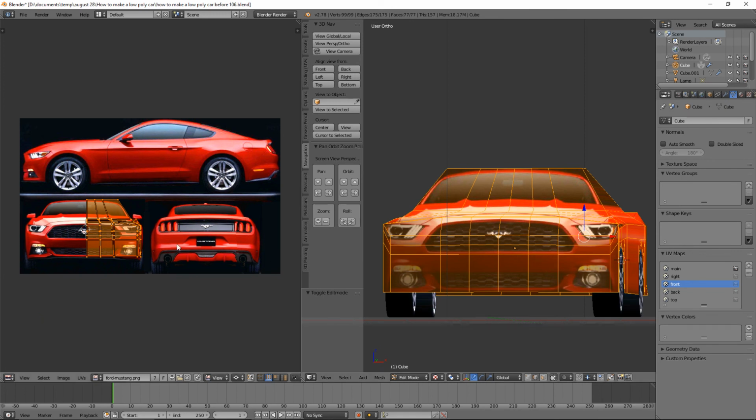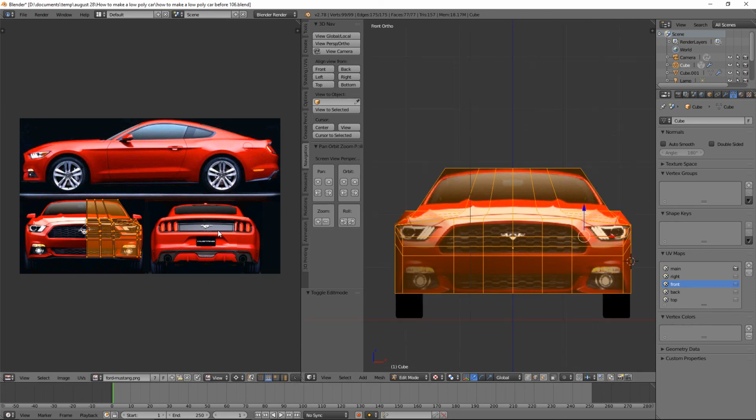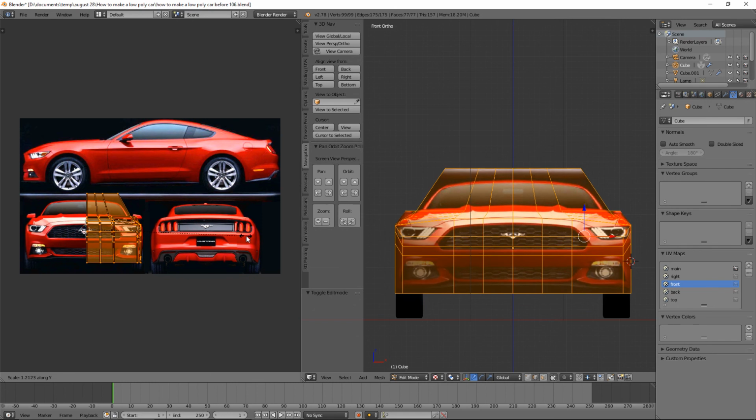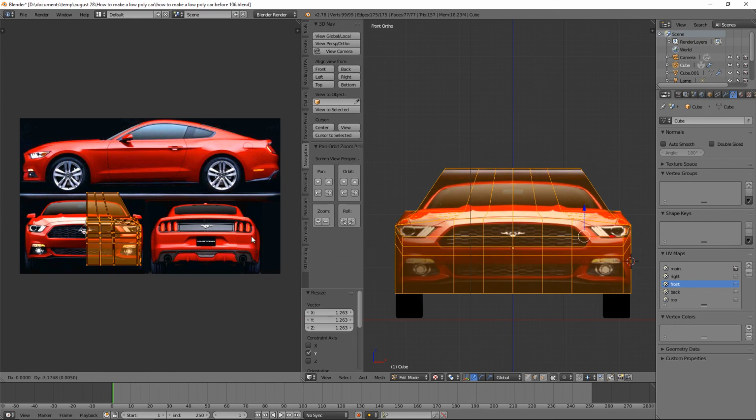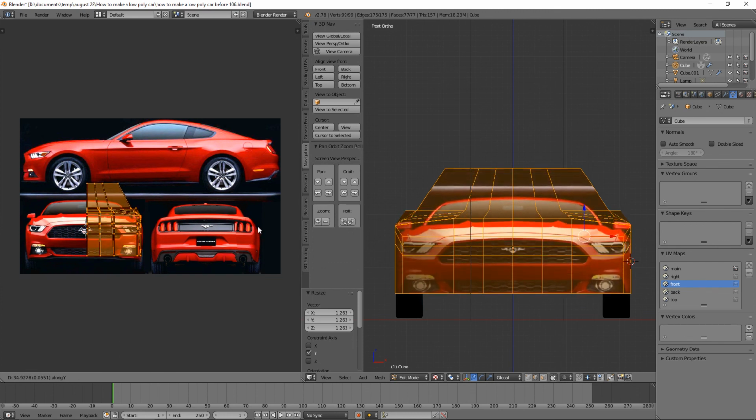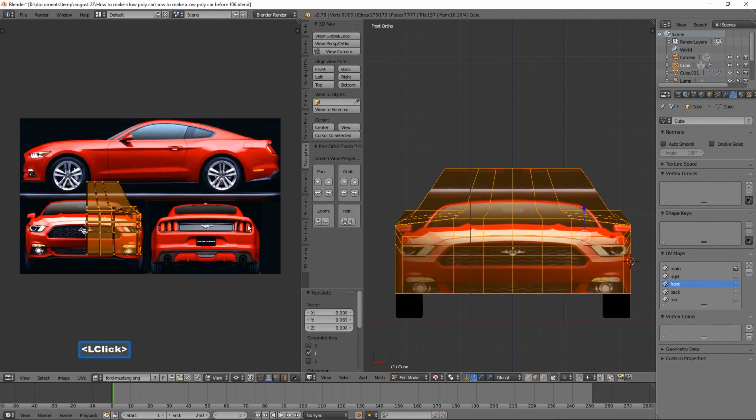So we'll click front view, and we'll press S to scale on the Y axis. I'm going to press G. I'll press Y. I'm going to press G and then X. Okay, so now that we have that light